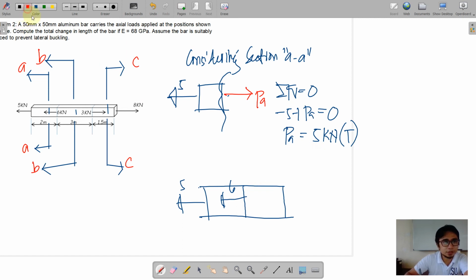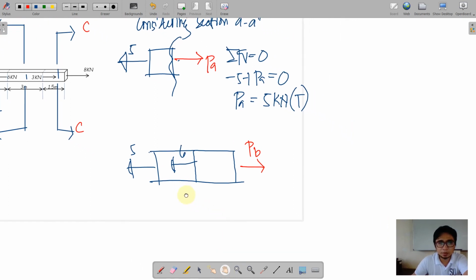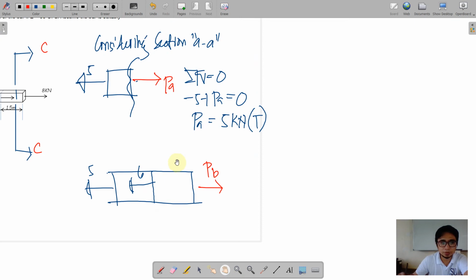Of course again, it is obvious that this is going rightwards because it is just resisting a leftward direction. Okay, so applying now our equilibrium equation,